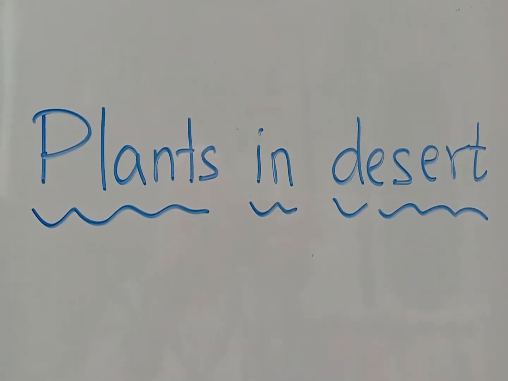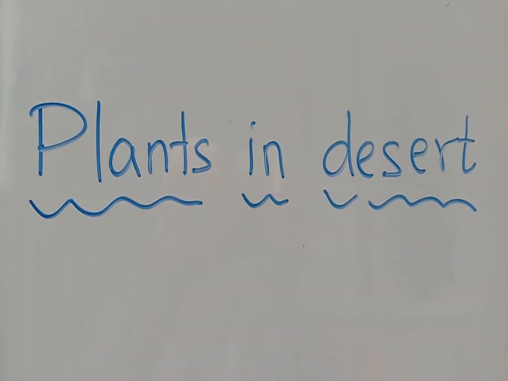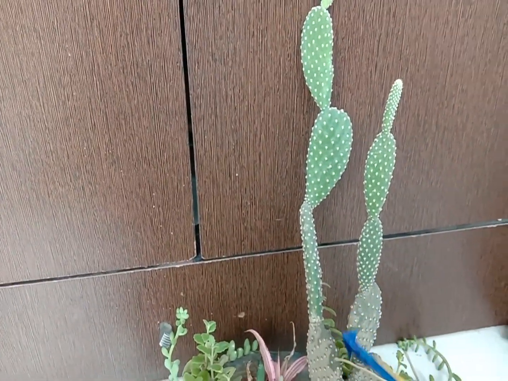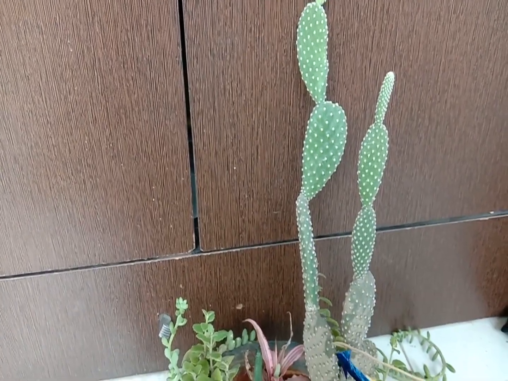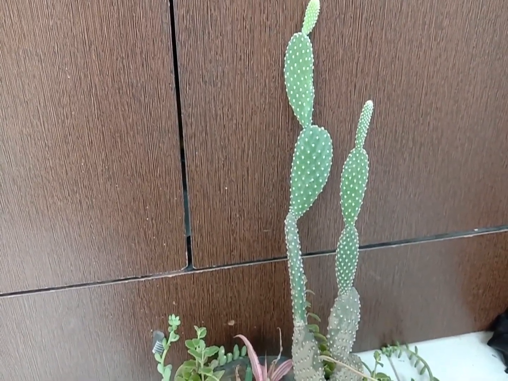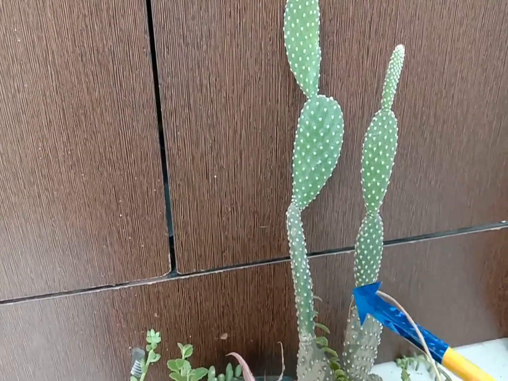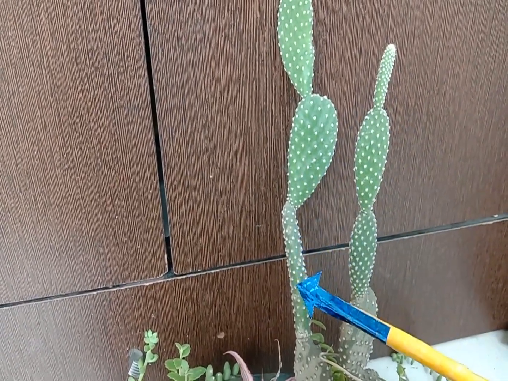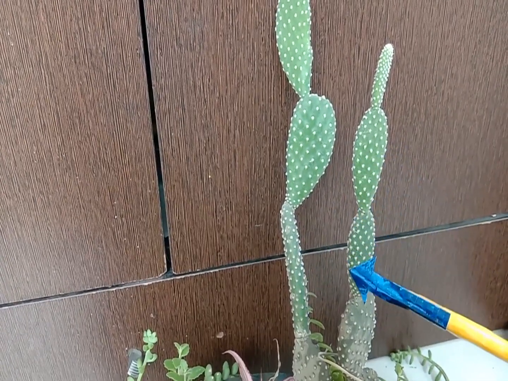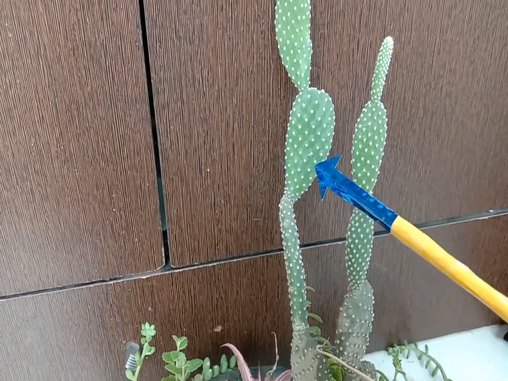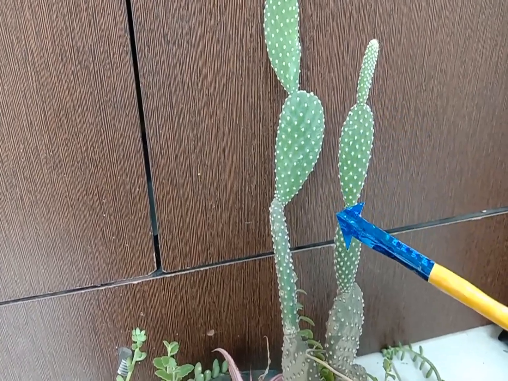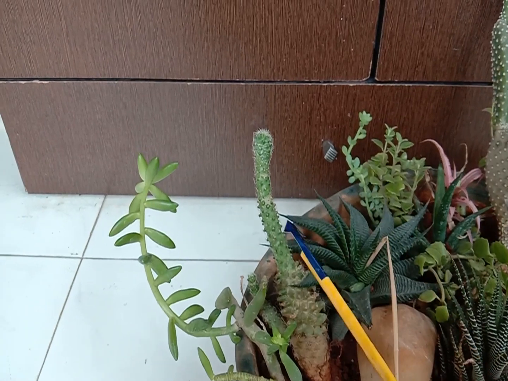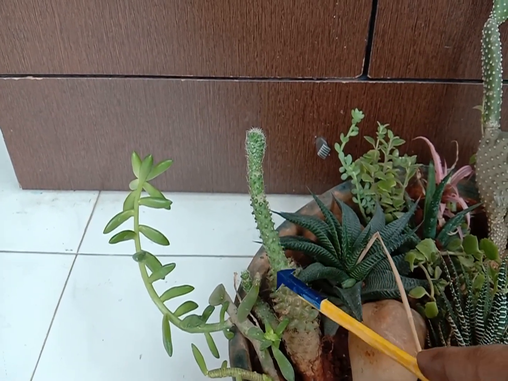We have learnt about the plants in the deserts. Today, I would like to show you the real cactus plant. It is a mini cactus which sometimes is used as a show plant in the house. Here you can see the thick green part which is the stem of the plant, and the white dots that you can see are actually the leaves of the plant that are converted into spines, which prevent the water loss due to sun. Here is one more species of the cactus plant.